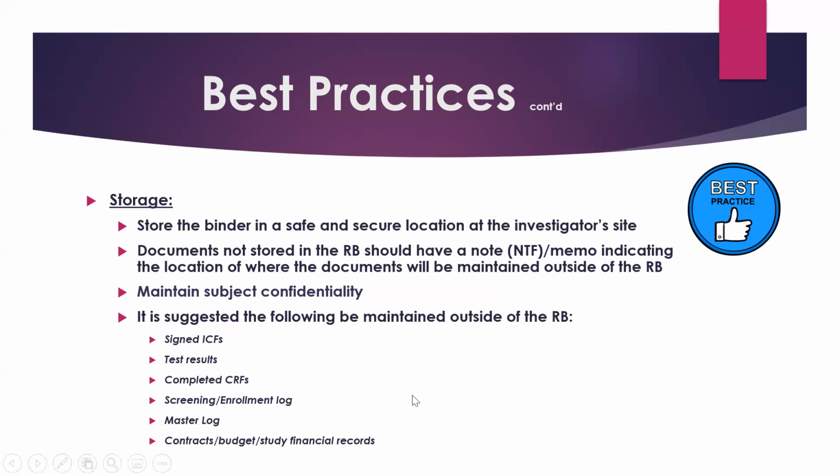Documents not stored in the regulatory binder need a note to file or a memo stating where they are. So when we get into a little bit farther along the presentation, we talk about some of the different kinds of documents that I feel like I usually keep outside of the original reg binder. And so whenever you do, you have a tab for that. Say maybe it's the delegation of authority log. And so you have a tab for that. So you would just insert a note to file in there that says that it's separate, it's kept separate, and it's maintained by a